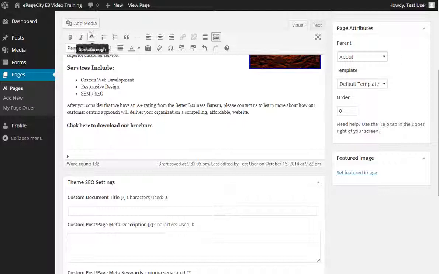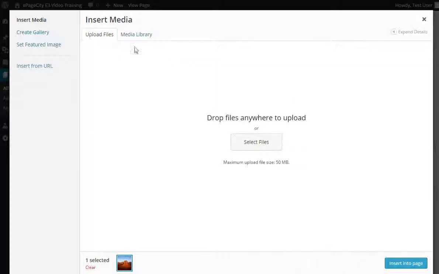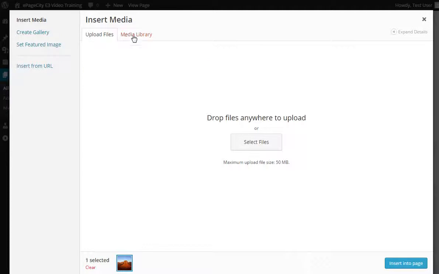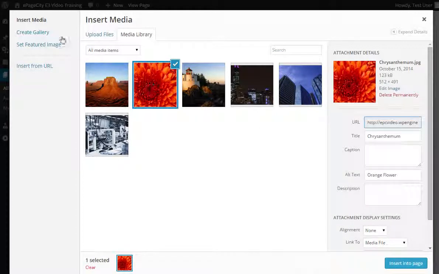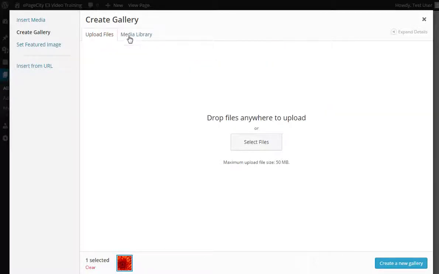So again, putting my mouse in the general area that I want the image gallery to appear, I'm going to go ahead and select my Add Media button. Again, I can choose to upload files from my library, from my hard drive. You can also drag and drop files in here, or you can choose images from your media library as well. So I'll go ahead and, well, I forgot a step here. Sorry. First thing you have to do is create the gallery. Sorry about that. So click on Create Gallery, and then you can upload additional files, or you can select files